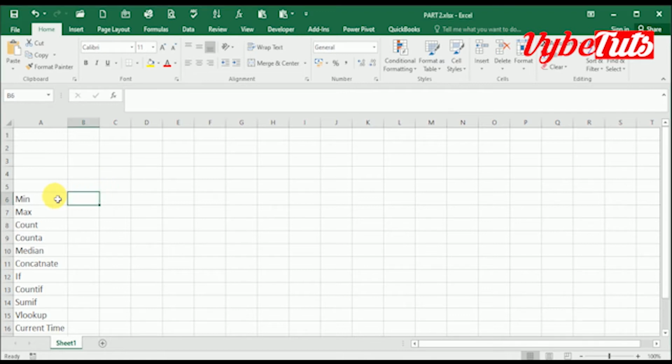Now, the first one we are going to look at is the min. Let's say we have some couple of numbers. Let's say 2, 4, 7, 1, 8, 2, 1, 3. Now, let's say we have this couple of numbers and we want to know the minimum number among these numbers. So we use equal to. Always you start the formula or the function with what? Equal to. So equal to min,